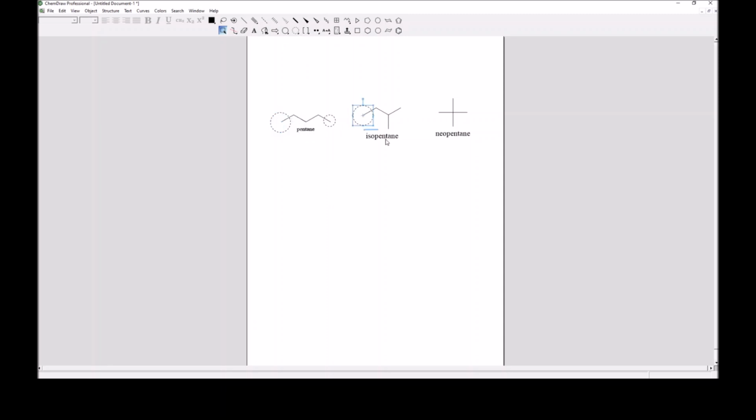The isopentane has a methyl group here. Whoops. And a methyl group right there. And then another one right there. And your neopentane is going to have four methyl groups. There'll be one right here, one right here,